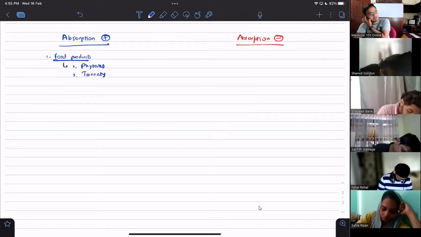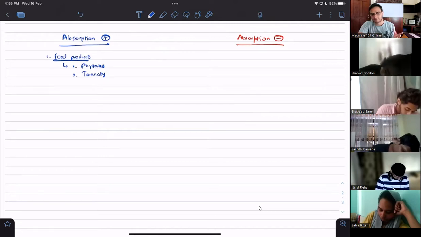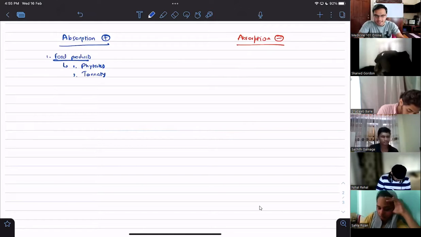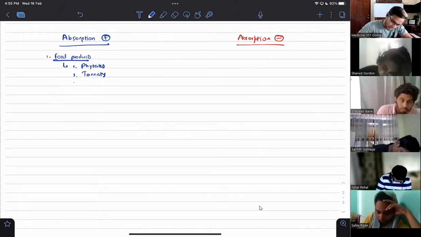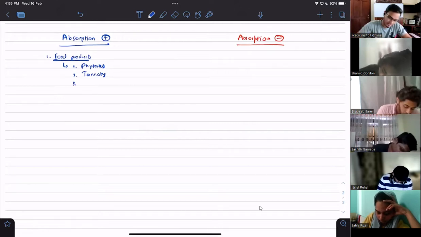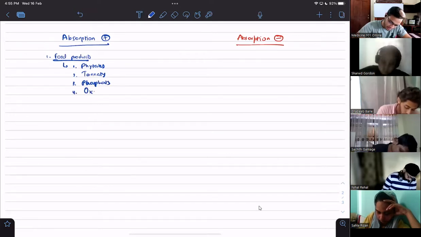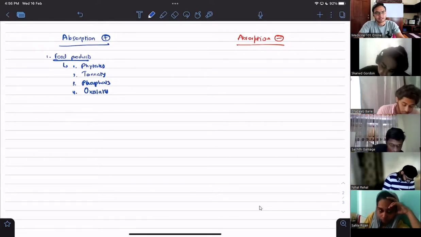These phytates we find in cereals, in certain vegetables, legumes, these kinds of things. And tannates we find in tea, tannic acid, coffees, black teas. Some we find a little bit in theophylline as well. And then we have various other things, phosphates, oxalates, not necessary. Oxalates come from oxalic acid, in tomatoes, spinach, these kinds of things.